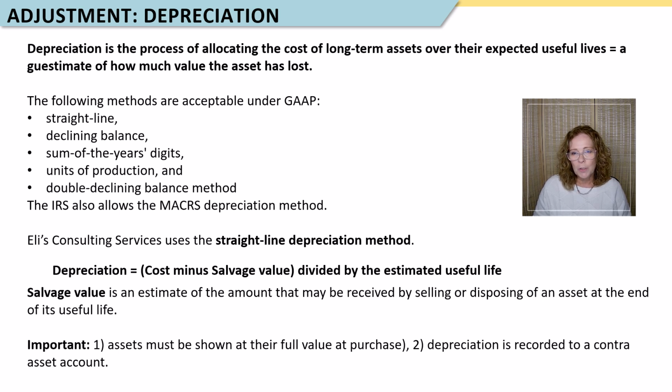Generally accepted accounting principles require that the original cost of the long-term asset continue to appear in the asset account until the asset is disposed of via a sale or thrown away. That means that the depreciation we record does not reduce the asset account directly. Instead, we'll use a contra asset account called accumulated depreciation so that we can see both the original purchase price of the asset and the depreciation we have recorded since the purchase.